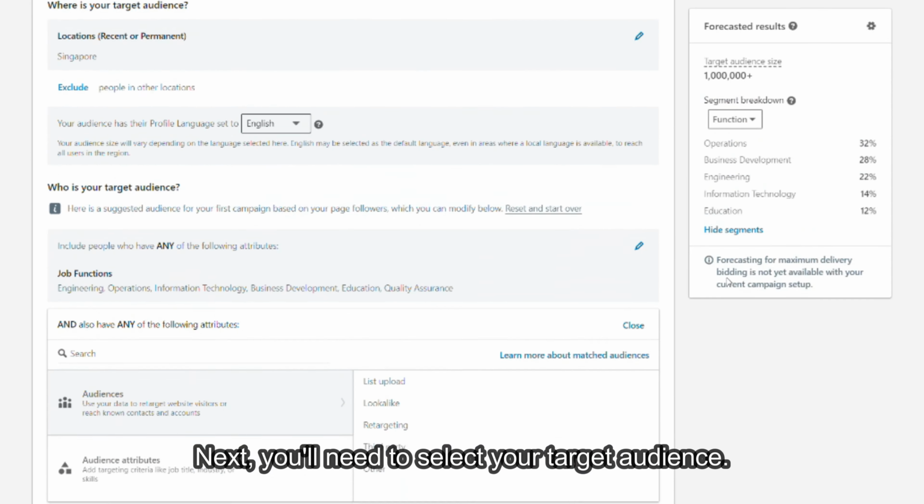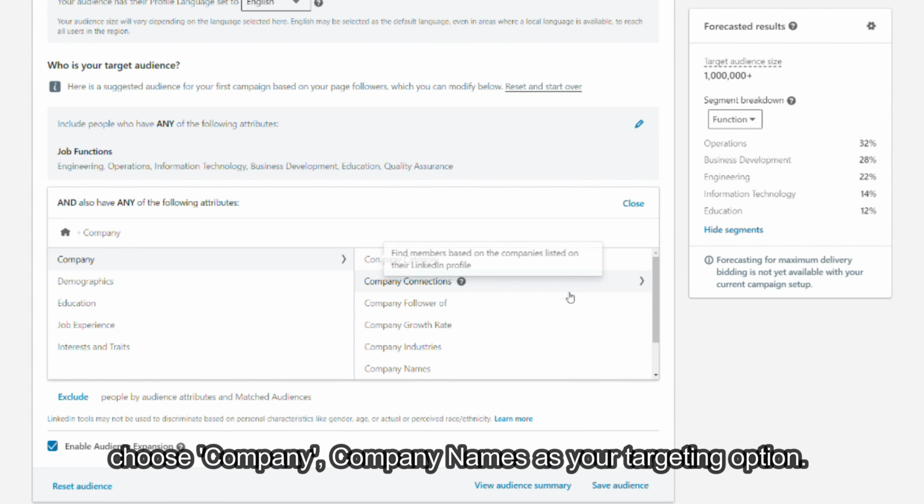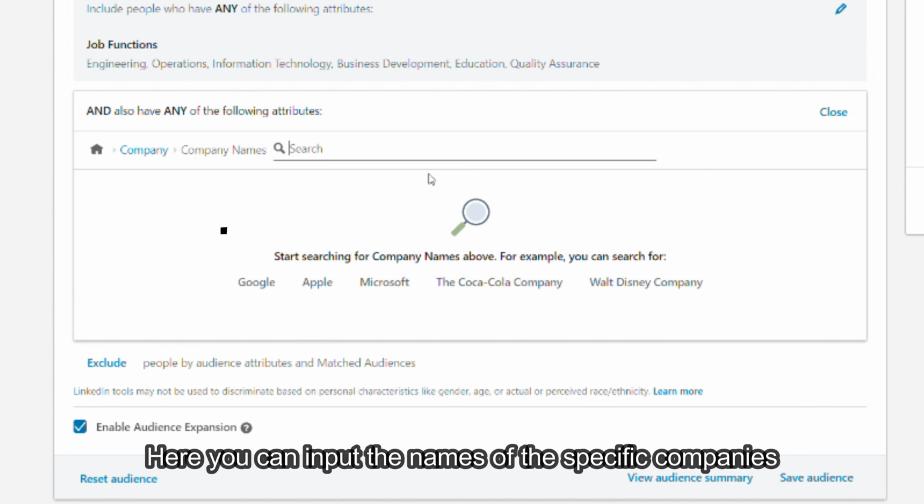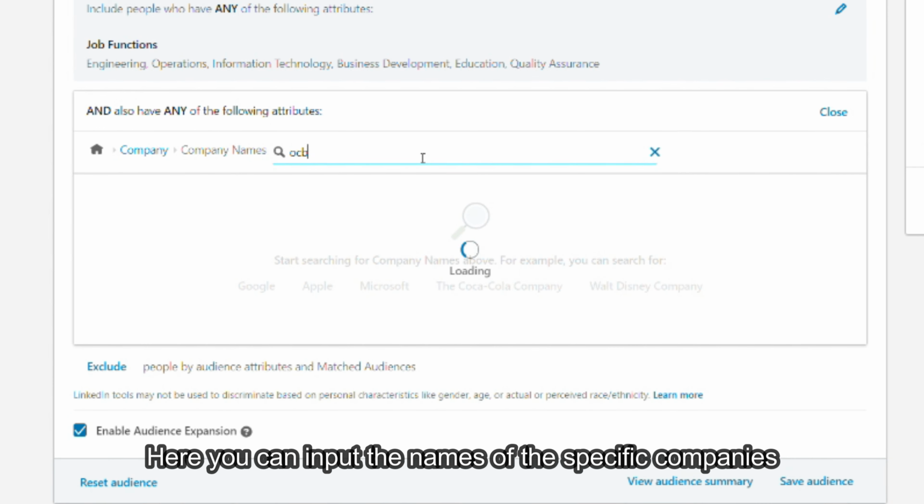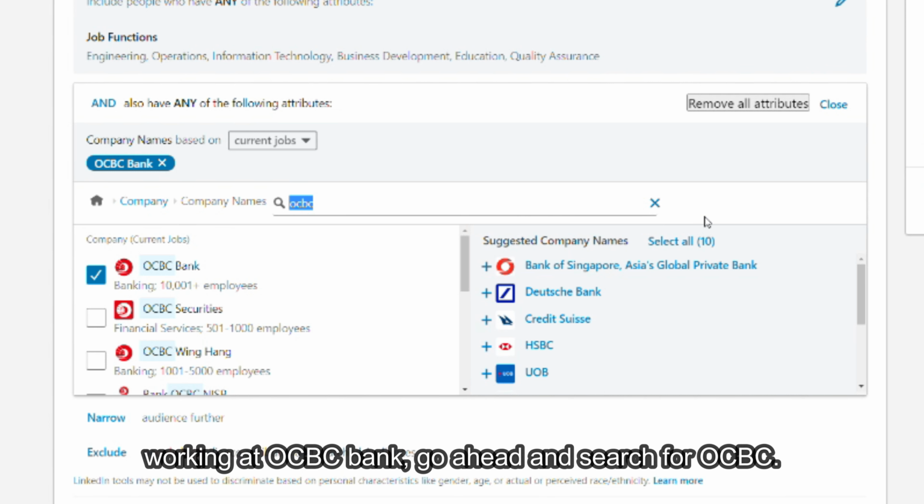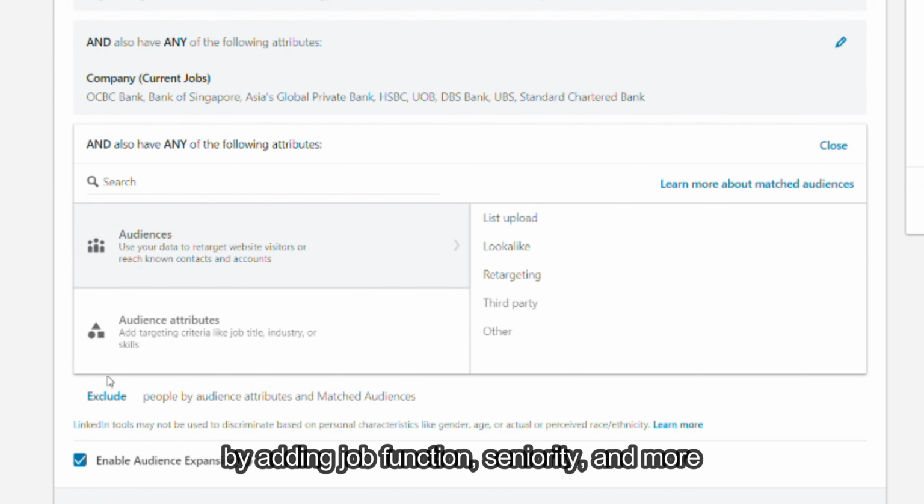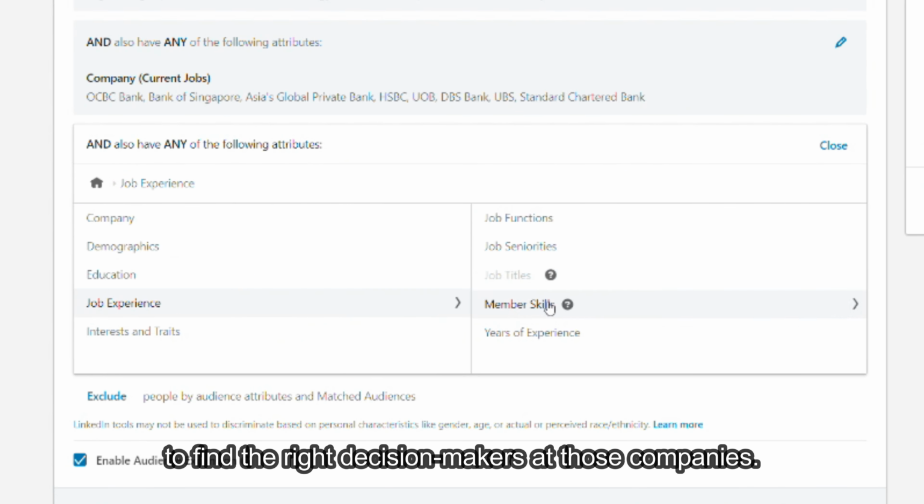Next, you need to select your target audience. Under the audience section, choose company names as your targeting option. Here, you can input the names of the specific company you want to target. For example, if you'd like to target investment gatekeepers working at OCBC Bank, go ahead and search for OCBC. You can further narrow your target audience by adding job function, seniority, and more to find the right decision maker